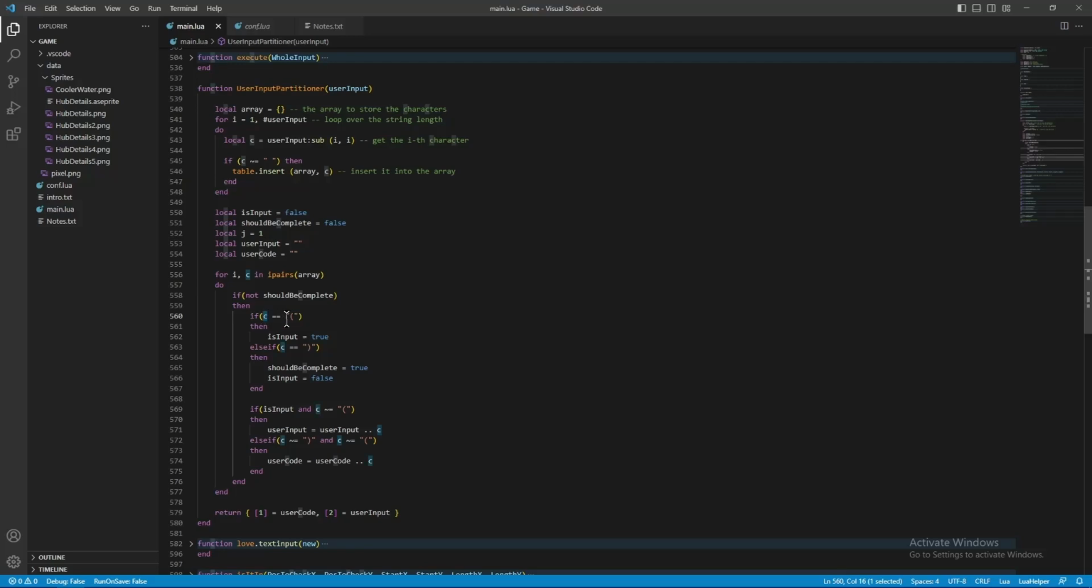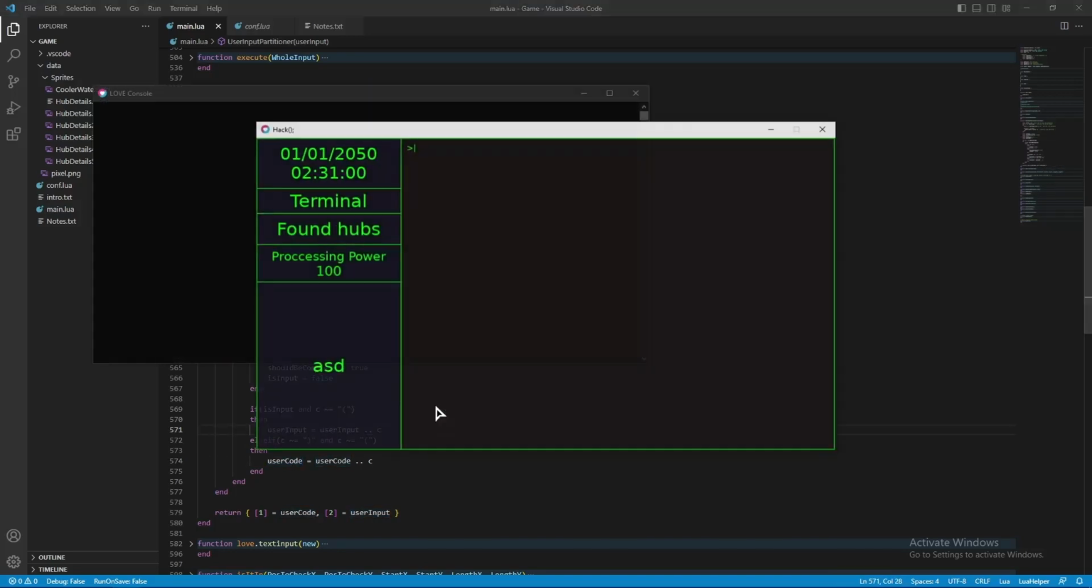If the current character is open parentheses, it makes is input true. And here is our main storing code. If is input is true, we are writing the current character to user input. If it is false, we are writing it to user code. So these are the two separate variables we return, and in the end we are able to